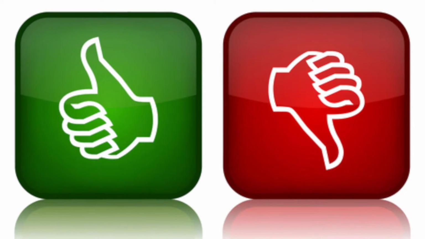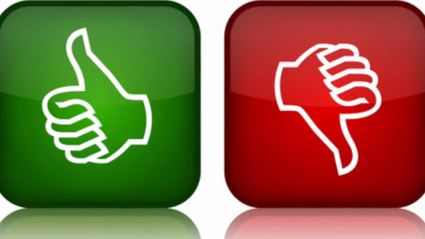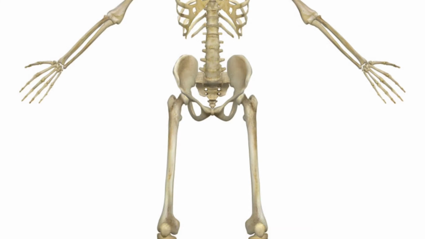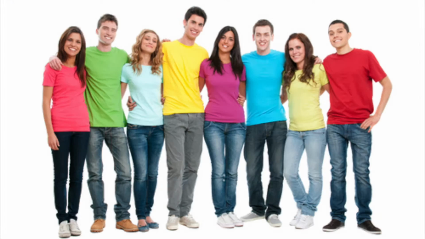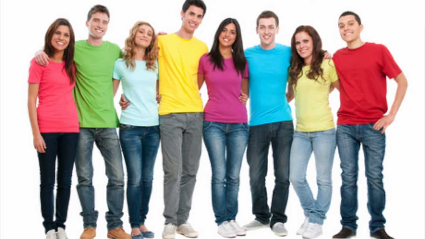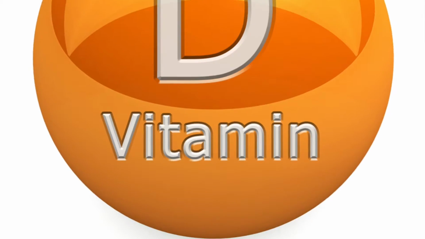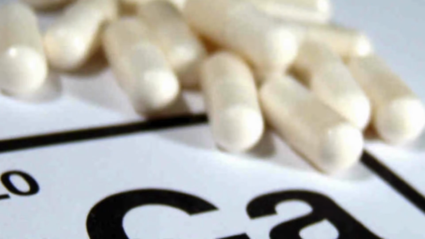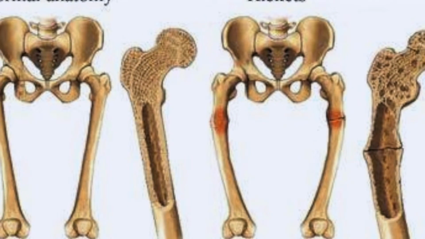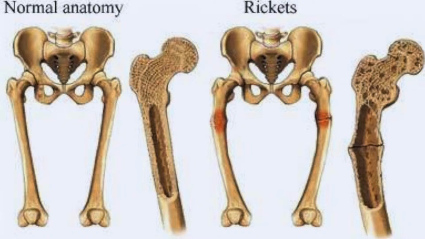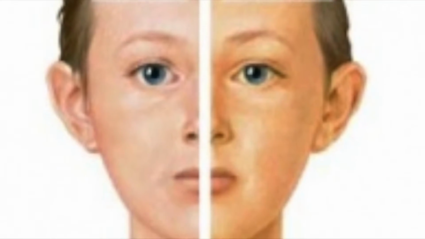UV radiation creates positive and negative health effects. The positive factor of UV radiation is vitamin D. Ultraviolet radiation drives the formation of bone-strengthening vitamin D in most land vertebrates, such as humans. Your body uses vitamin D to absorb calcium and promote bone growth. UV radiation is also used to treat different diseases such as rickets, psoriasis, jaundice, and eczema.